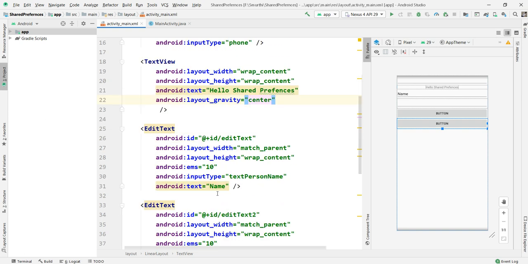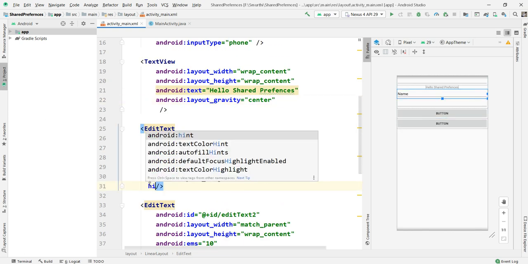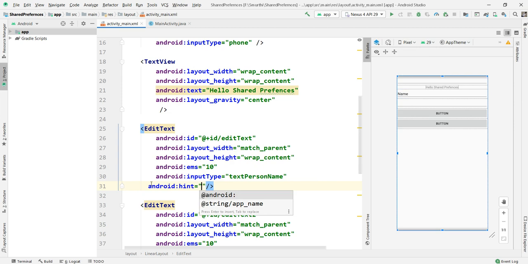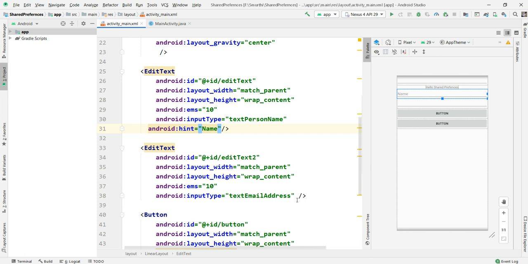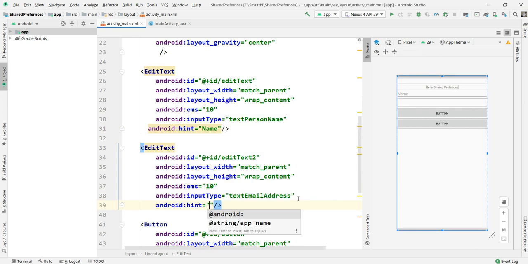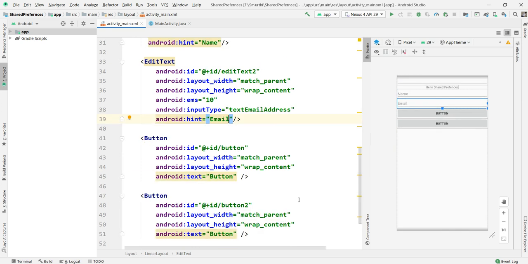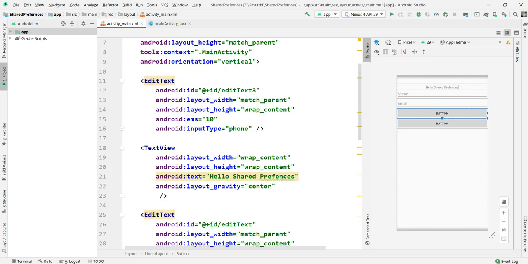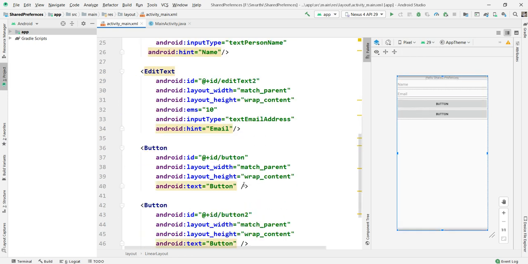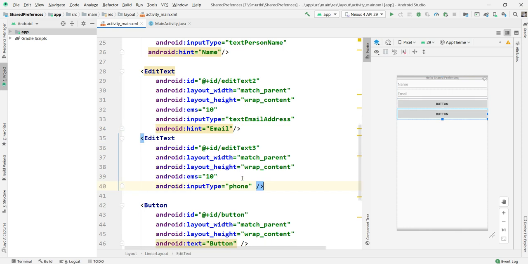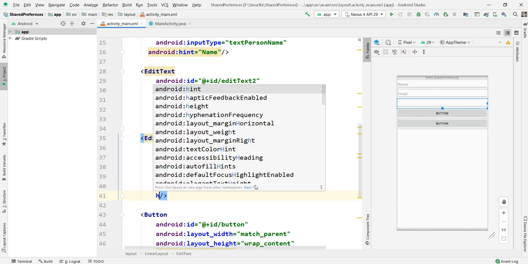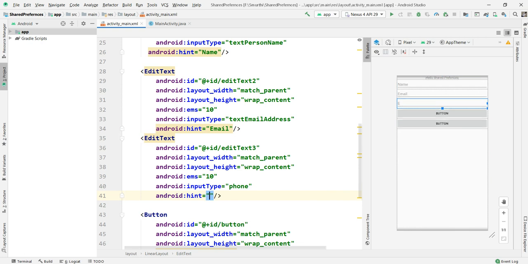For this I'm giving the hint name, and one more hint email. The mobile number came to the top, but I want it here, so I'm giving the hint mobile. I want to enter these three parameters.